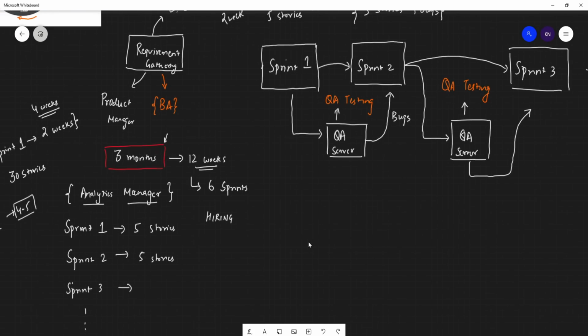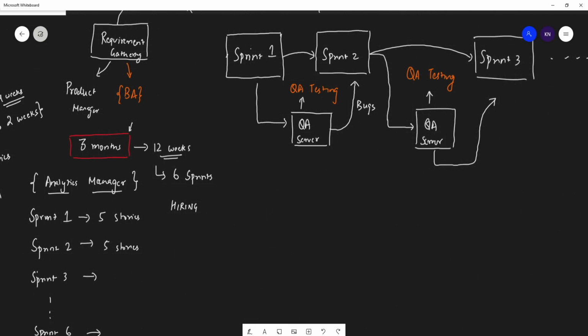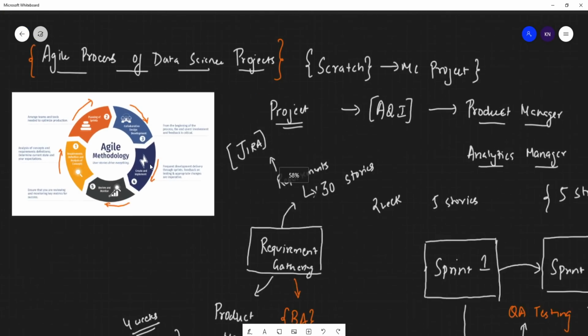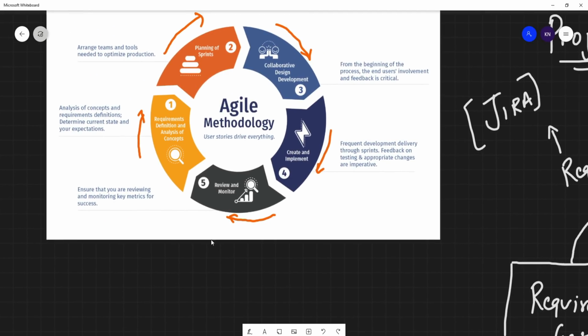Suppose the client wants more things to get implemented, then again that requirement gathering phase will come back. And we had seen this particular diagram, right guys? After this, probably they want more features, so this requirement definition will again come back after the production is gone.